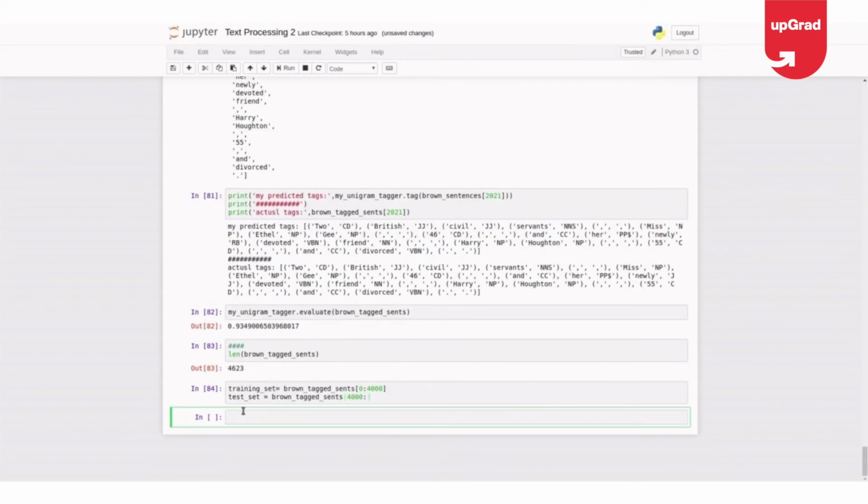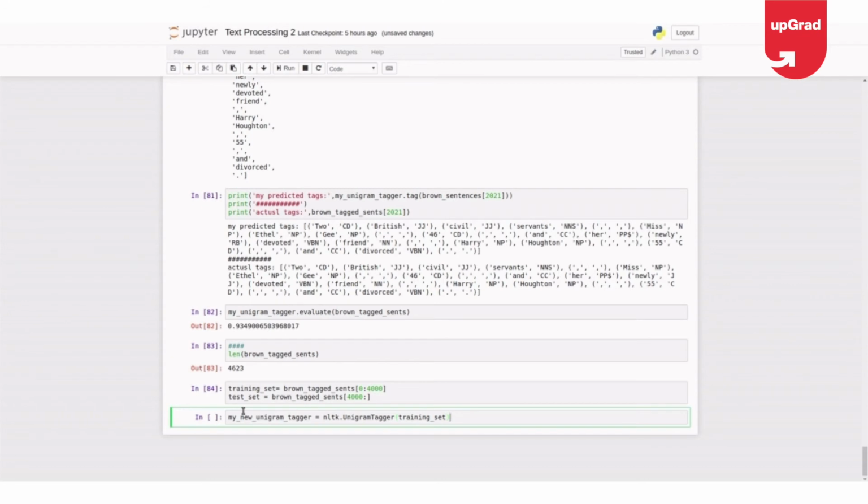And my new unigram tagger is nltk.UnigramTagger of training set.